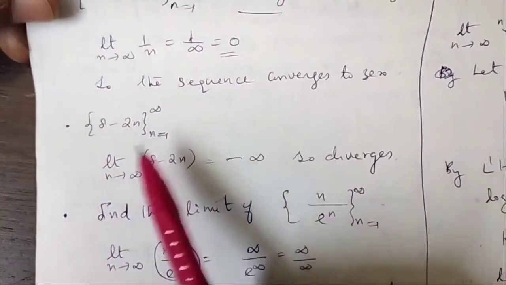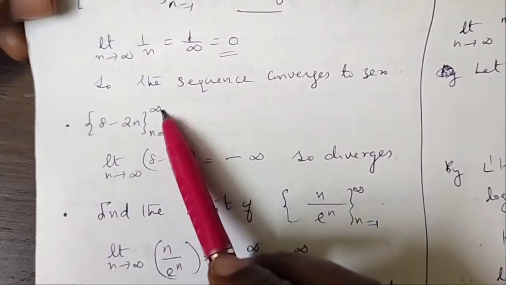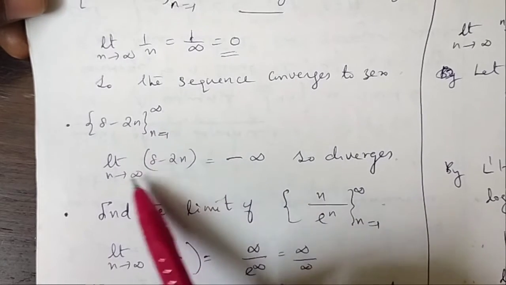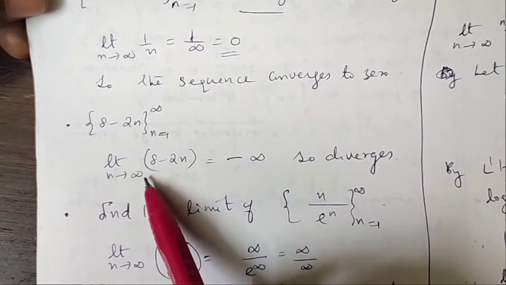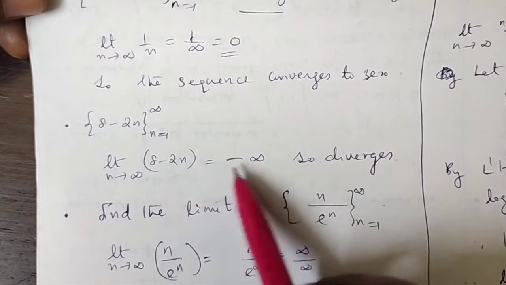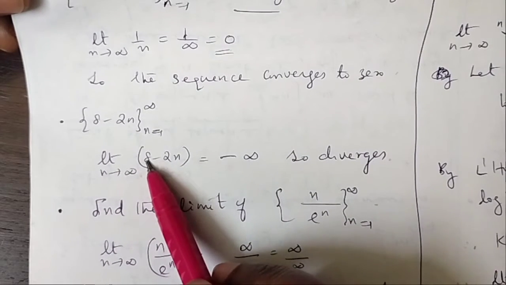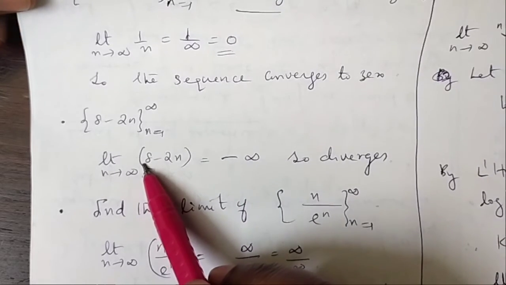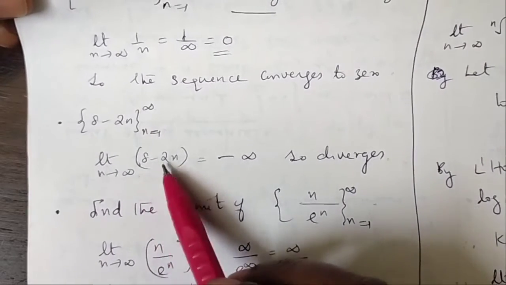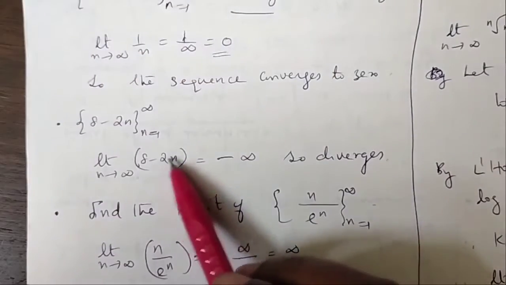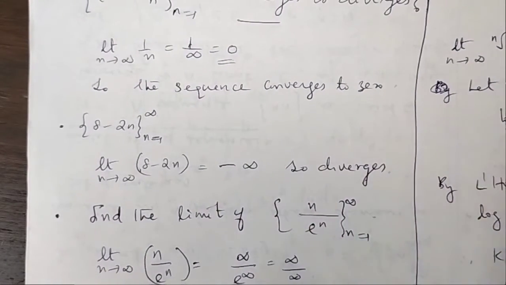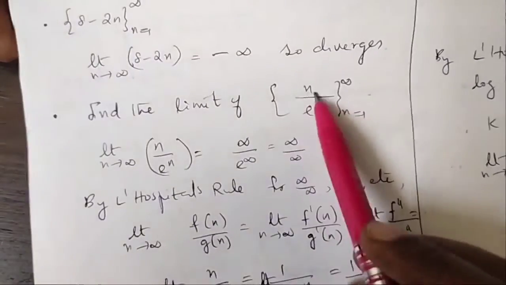Next example, 8 minus 2n, n from 1 to infinity. Does the sequence converge or diverge? For that, what is the limit value? Limit as n tends to infinity of 8 minus 2n is minus infinity. 8 is a small number compared with infinity, so it is minus infinity. So the sequence diverges. Next one, find the limit of the sequence n by e raised to n, n from 1